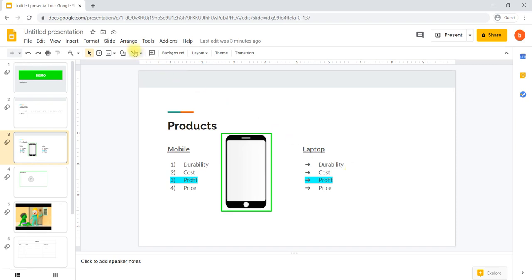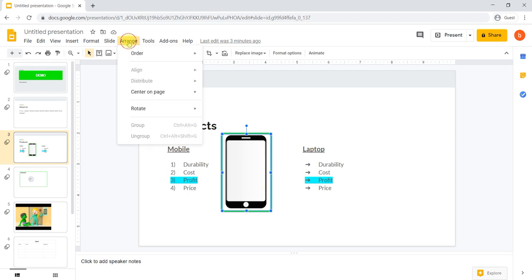Now we'll discuss the section Arrange toolbar. What else can we do by using Arrange? For example, you selected this particular image. If you would like to arrange this one vertically, it is in vertical, horizontal in the sense of a landscape, you would like to rotate it. How to rotate that one?